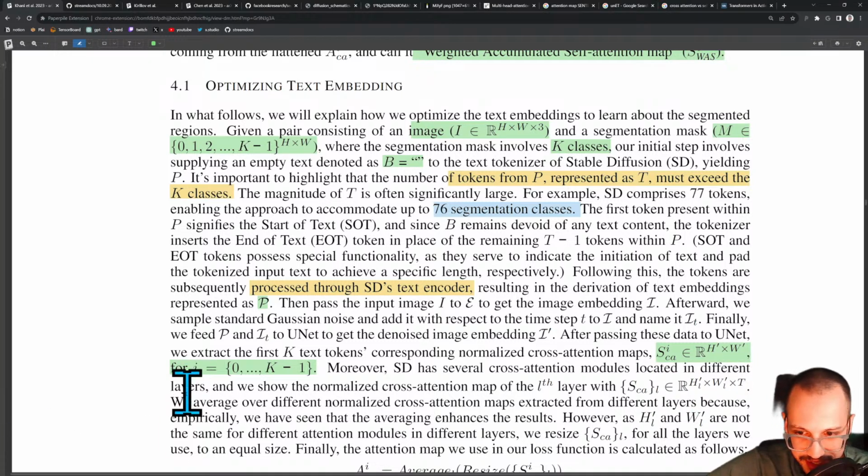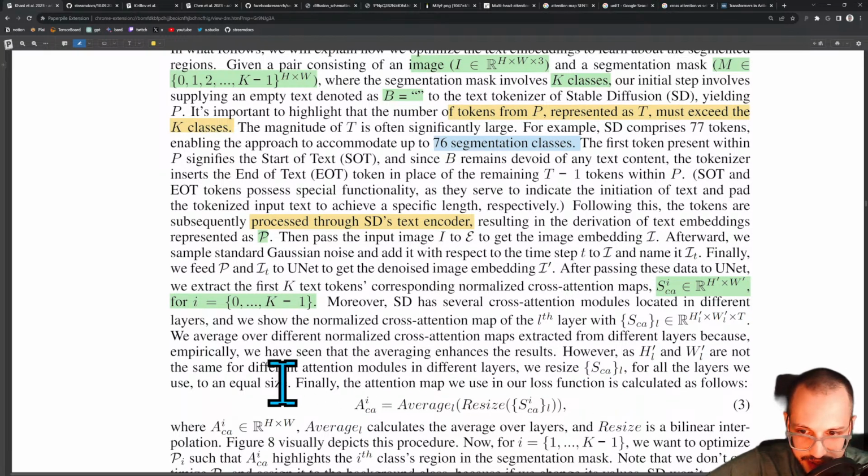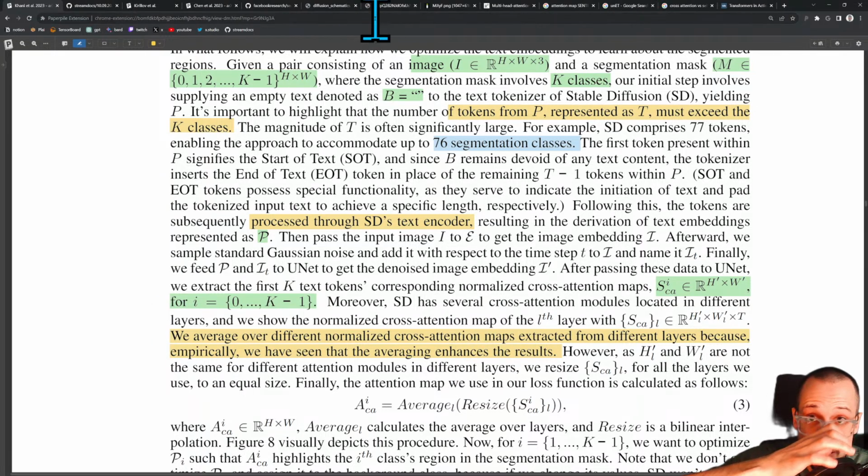has this dimensionality. We average over different normalized cross-attention maps extracted from different layers because empirically we have seen that averaging enhances the results. Okay, so this is a little bit weird. This is kind of standard for a machine learning paper where it's like, we're going to do it this way. And you're like, wait, why are you doing it that way? And they're just like, oh, well, because it works well. You know, so sometimes you run into these things, but basically it seems like what they're going to be doing